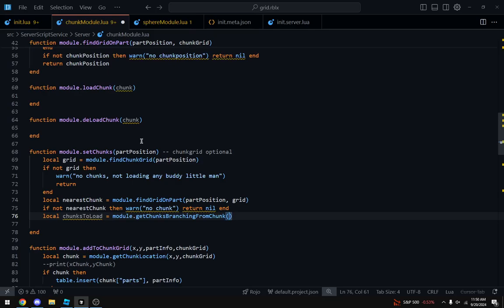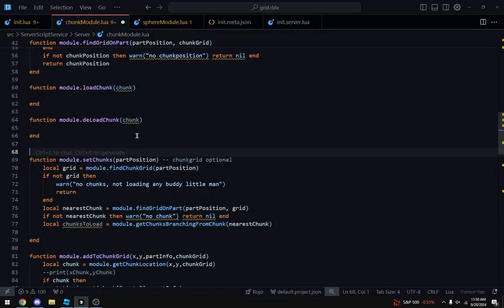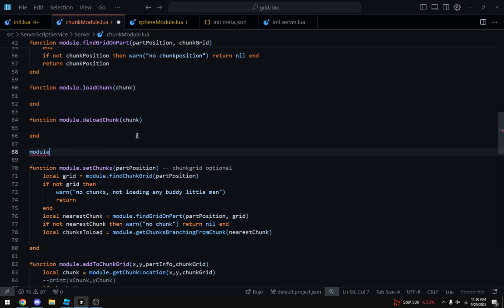Get chunks branching from chunk, and what we want is the chunk, which is nearest chunk here. And then we could do module function module dot get chunks branching from chunk.